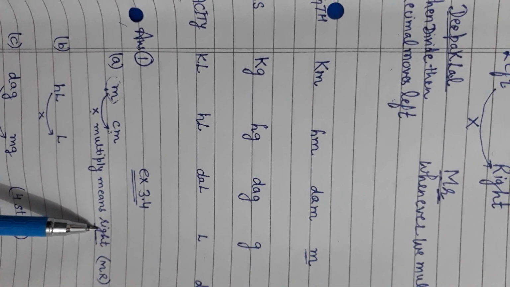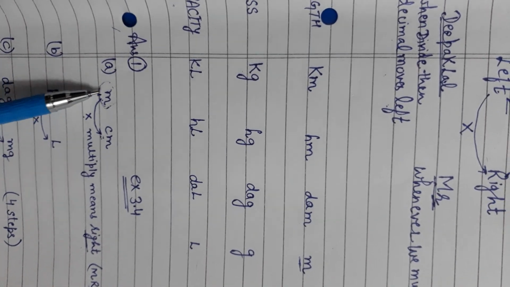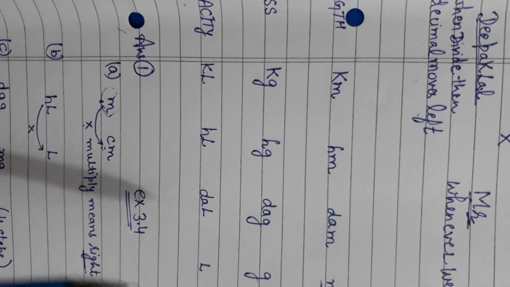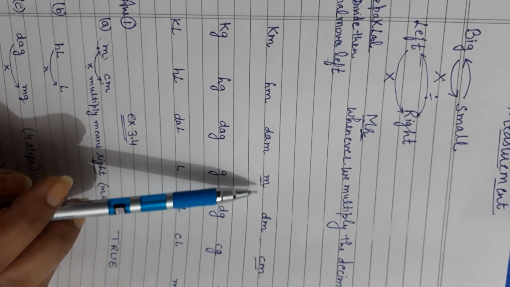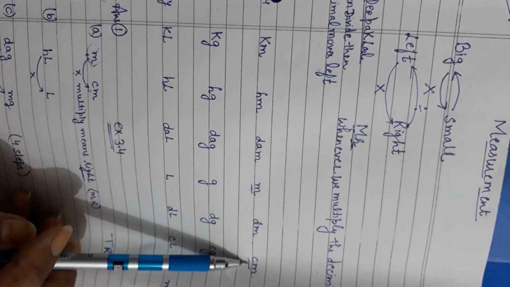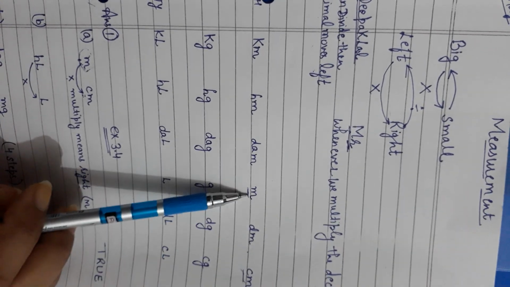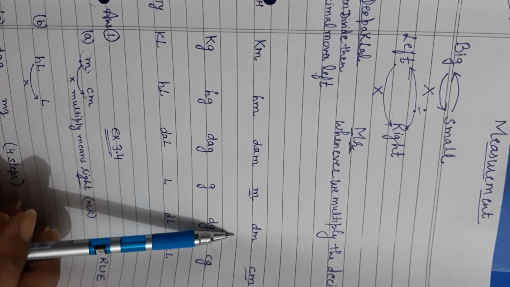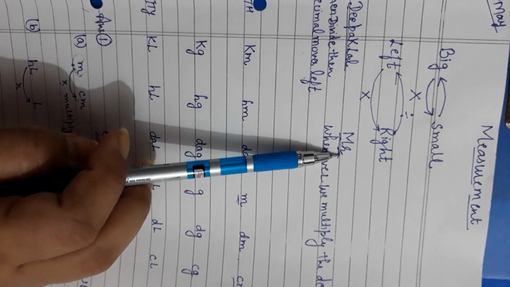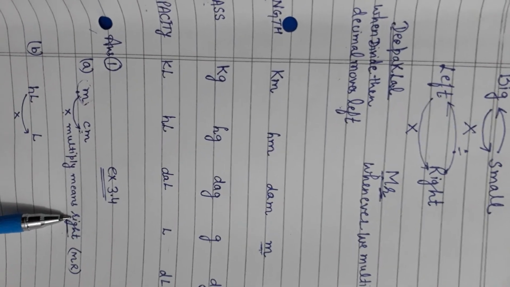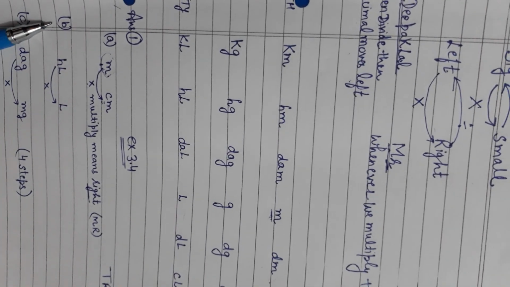ਦੇਖੋ it's true or false. Okay, let's tell you that this is the bigger unit, meter, centimeter. अपने table च देखो, always you have to make this table at first. This is meter, this is centimeter, so you are moving from left to right, means bigger to smaller. ਜਦੋਂ bigger to smaller ਜਾਂਦੇ ਹੋ, left to right ਜਾਂਦੇ ਹੋ, ਤਾਂ what you have to do, you have to multiply, and the rule ਤੁਹਾਨੂੰ ਪਤਾ ਹੀ ਹੈ, the decimal moves to right. It means this question is correct, so it is true. Understood?